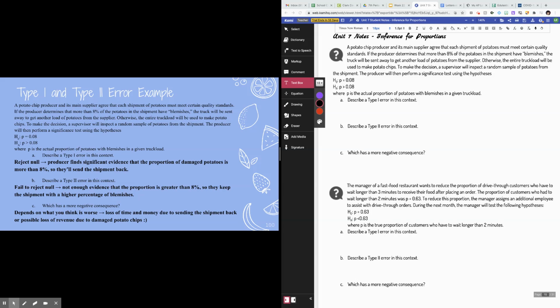Rather than having to go through and check every single potato that is sent to them by their supplier, typically what these companies will do is take one box, or a small sample of the product that they get, and see if it meets their quality standards. So if the company in this case,